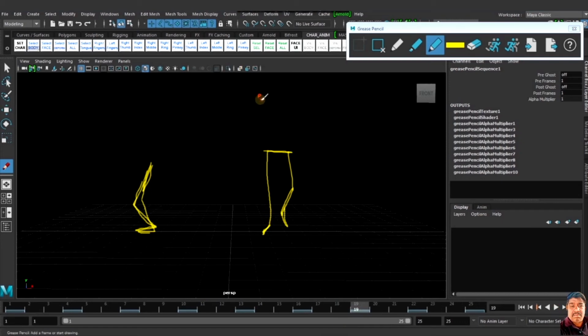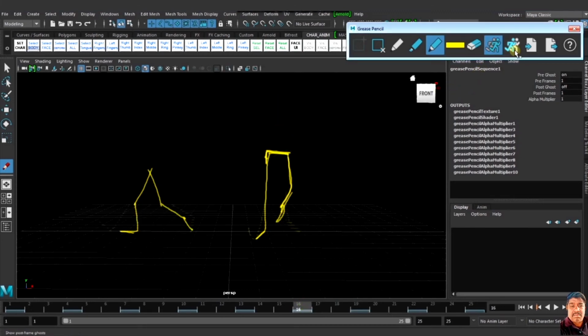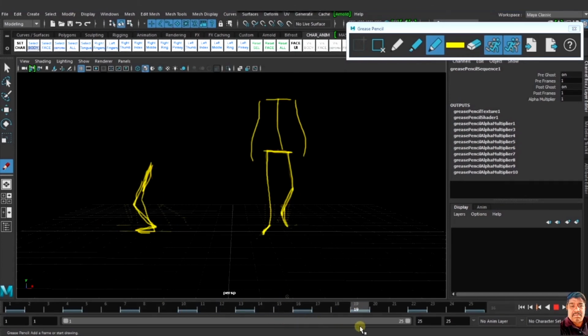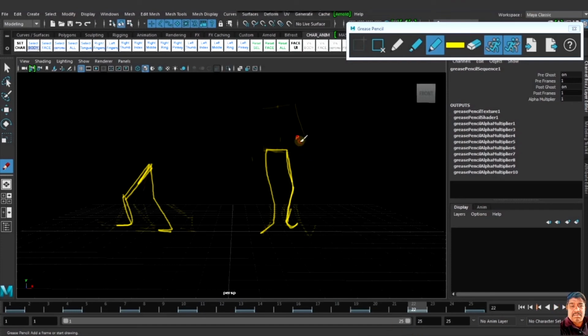The passing pose is almost the same. Now the thing is like this.